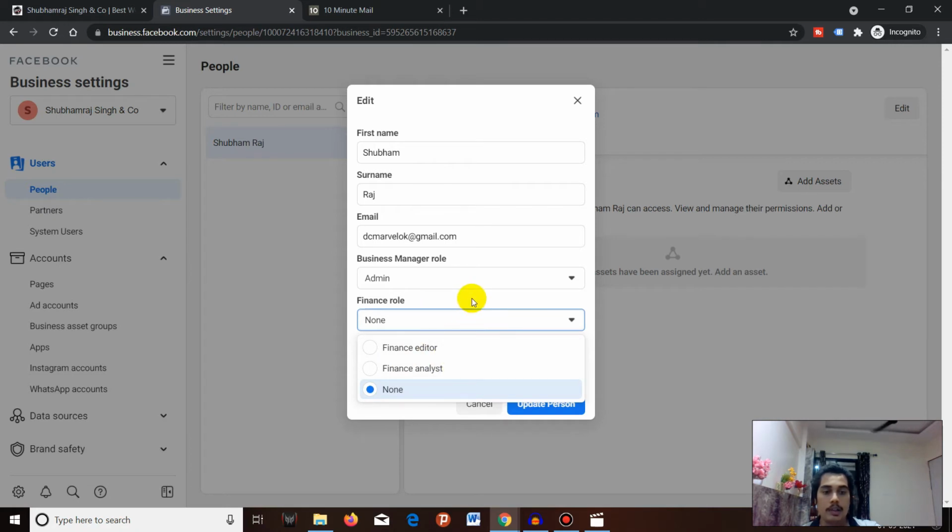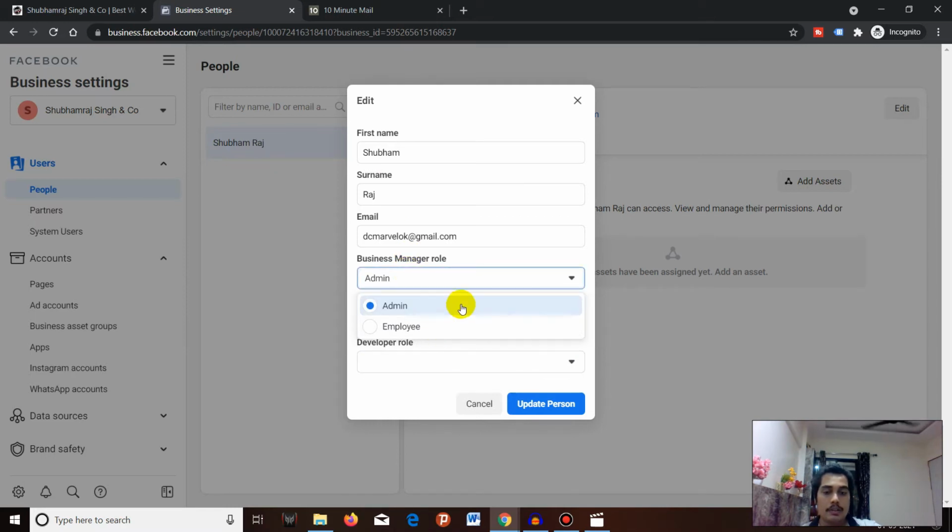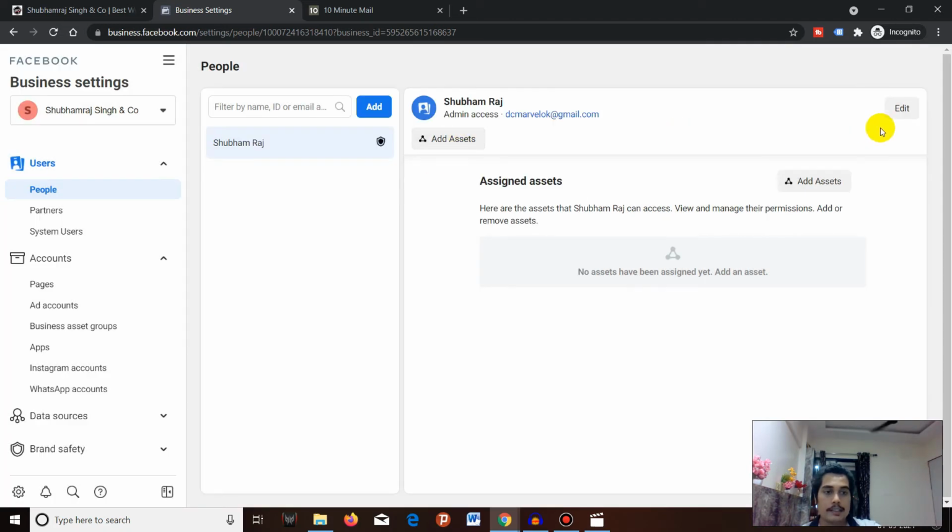If you have someone in the accounts team, you can probably give them all this access. Developer is basically for anyone who is into development, so it's all about pixels and that sort of thing, but you get all this in admin also. That's how you can edit someone's permissions and access. Basically there are only two types of access, admin and employee. Employee access is access with limited power, whereas admin has all the powers. So that's the Add Assets and Edit buttons.